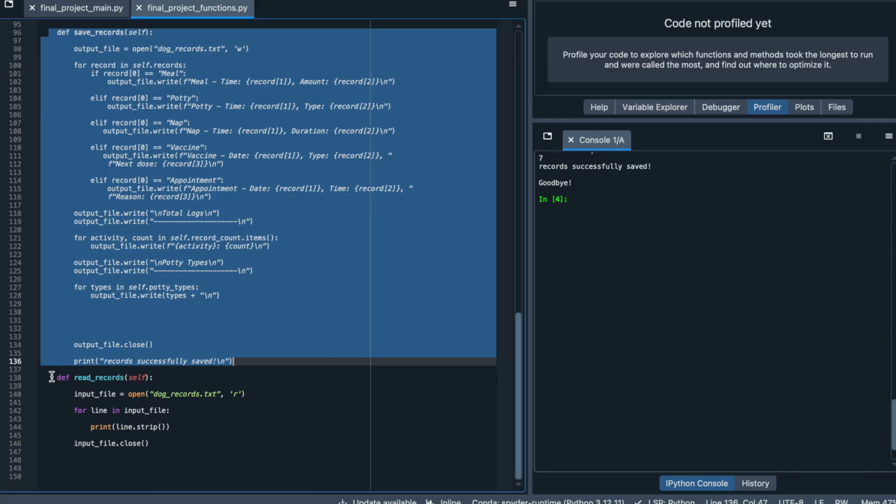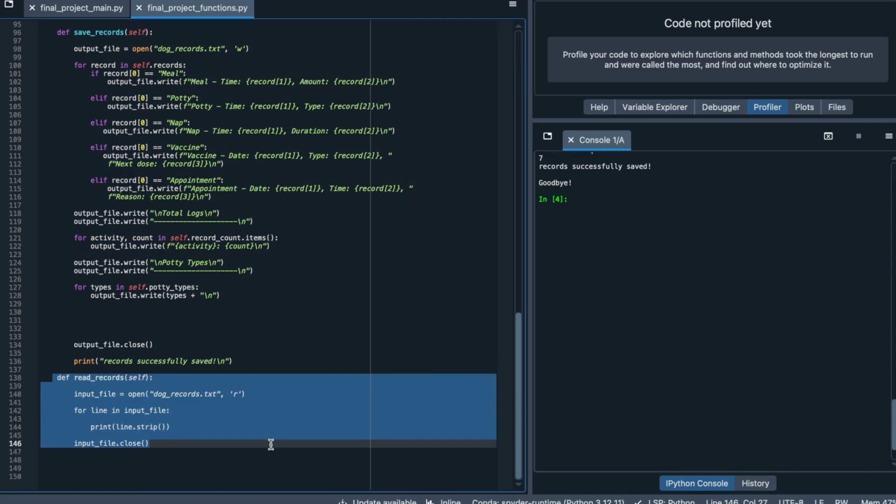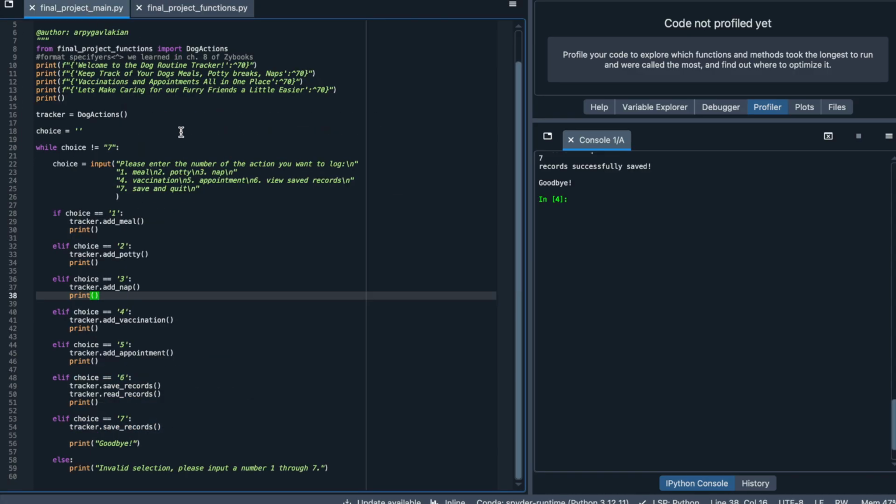And then the next method is going to be read records. So we read that file. This opens dog records.txt using R, which is read mode. And in read mode, I don't think you can edit. I think it's just strictly reading whatever is saved into your txt file. So I use a for loop to read the file one line at a time, and then I use the dot strip function when printing each line, because each saved line already contains a new line character, and removing that new line prevents extra blank lines from appearing when the file is displayed in the console. And then we close our file, and then that's it for this file,